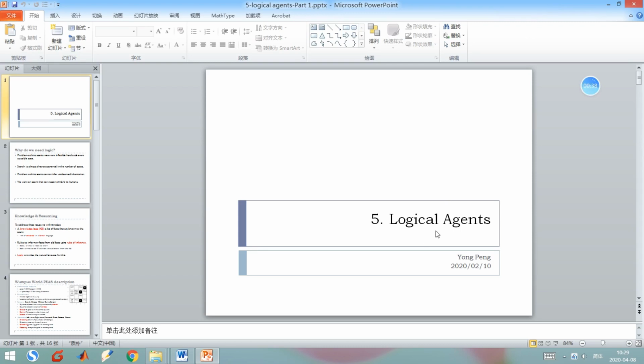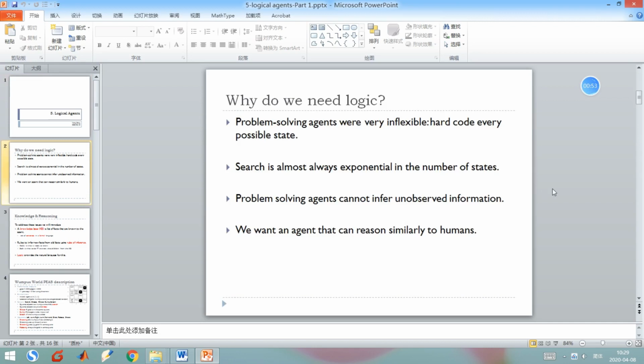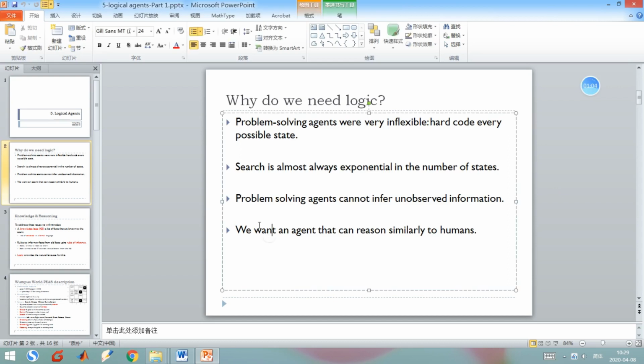The title of this chapter is Logical Agents, in which we will cover some content on logic representation and inference. Let's begin with the reason why we need logic. Generally, there exist some limitations